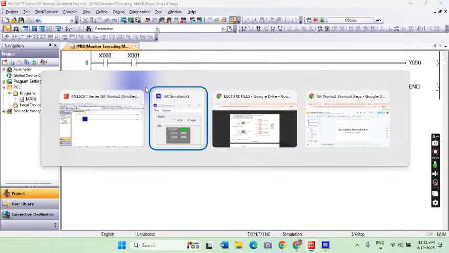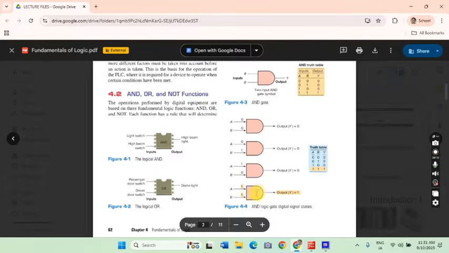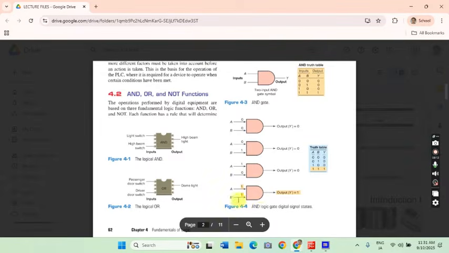Based on our figure here, on the logic gate AND, you need both inputs to have a signal of 1. In our case, both switches need to be switched on, for our output to have a signal of 1, or for our light bulb to be energized.